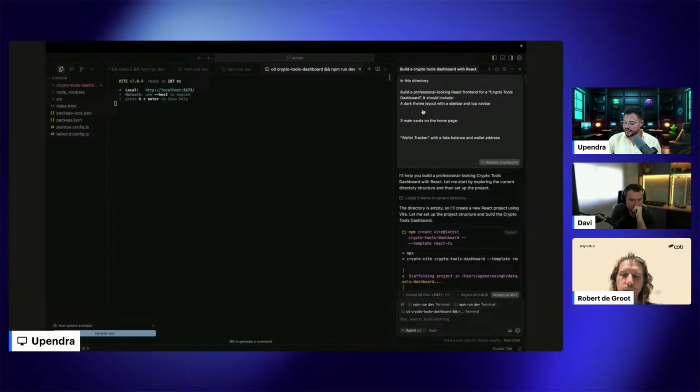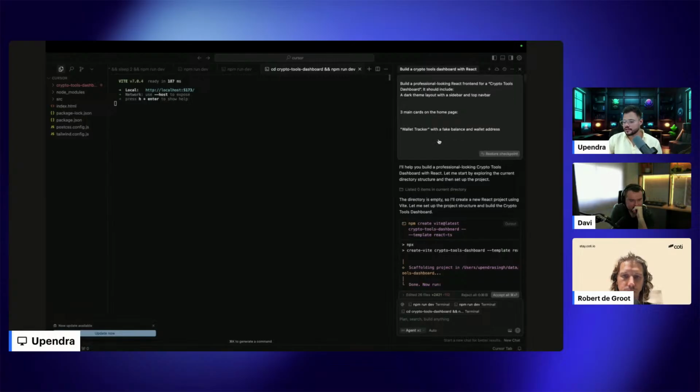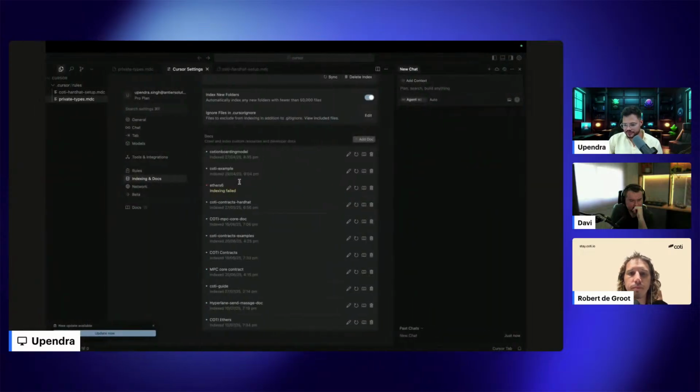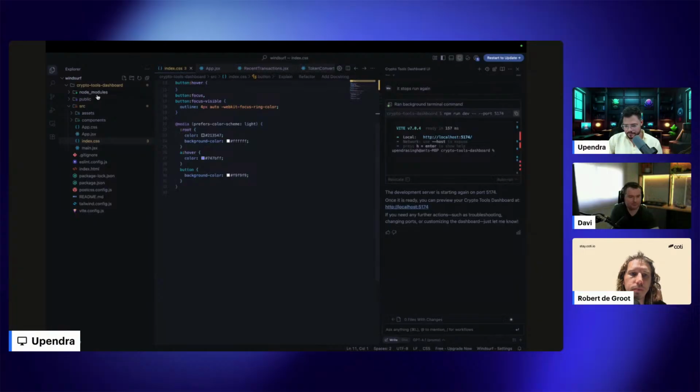So I have created a tracker app, or a crypto tool dashboard, where we can track the wallet. Because I was more interested in the UI and the front end, I just asked it to pick up a fake balance and showcase it properly in the front end. And I have pasted the similar prompt into Windsurf. Let me just, yeah,